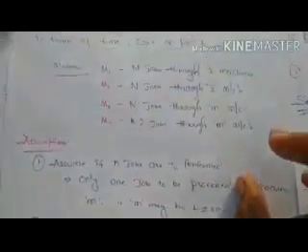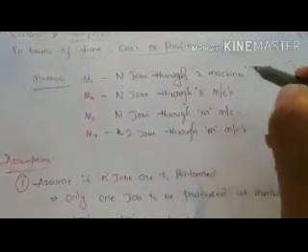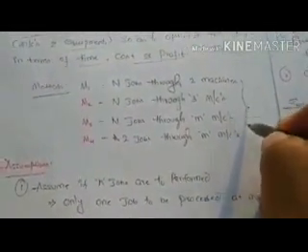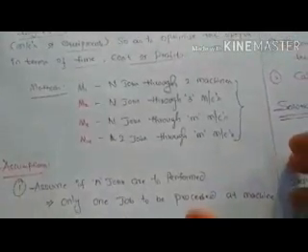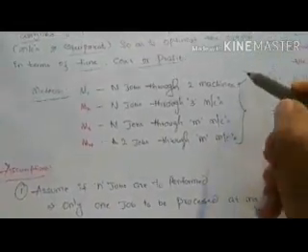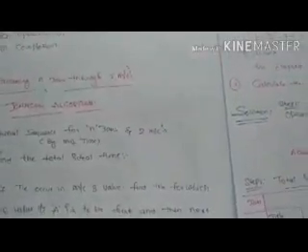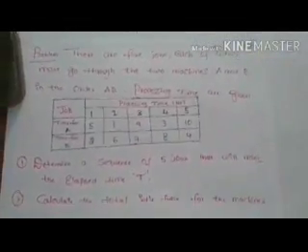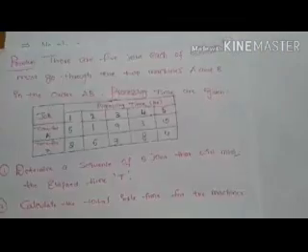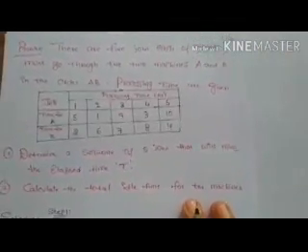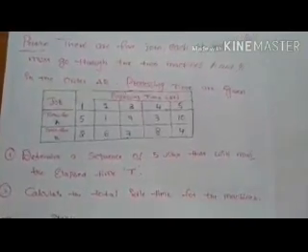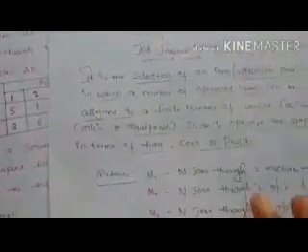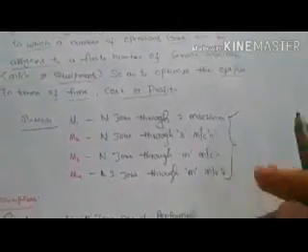We know the number of methods we have here is 4, out of which today we are discussing the first topic, n jobs through 2 machines. Here there is a problem. The problem will be like this. There are jobs, each of which must go through the 2 machines A and B. The method is n jobs through 2 machines.